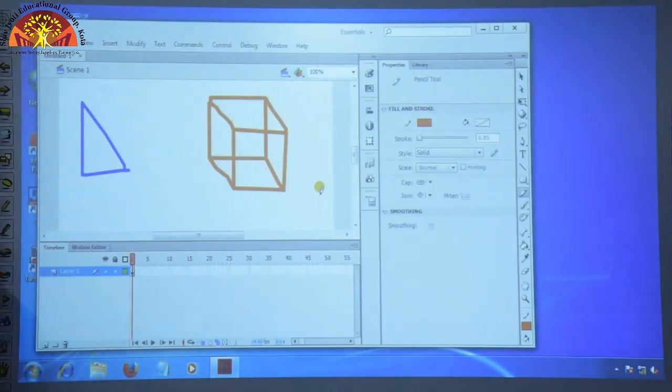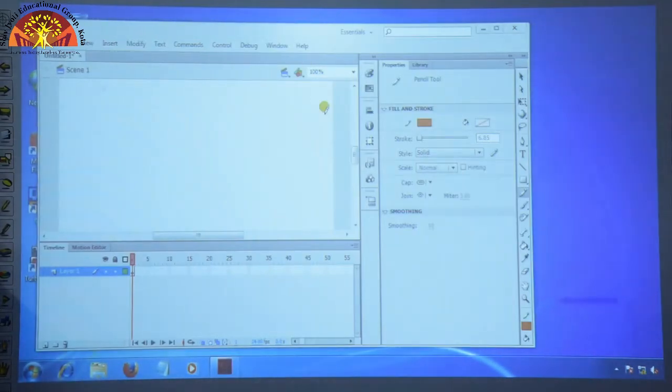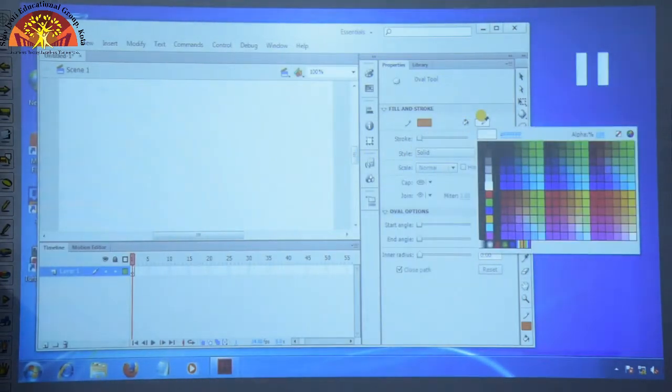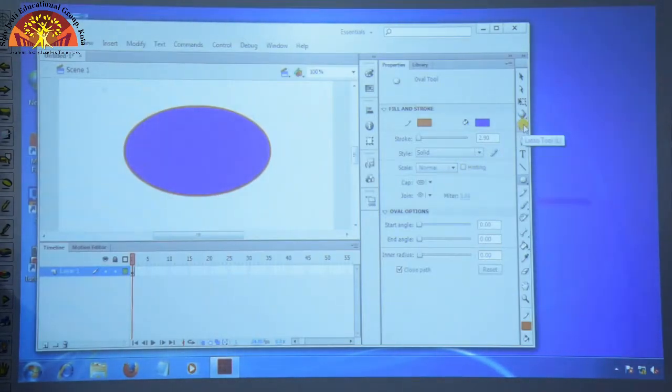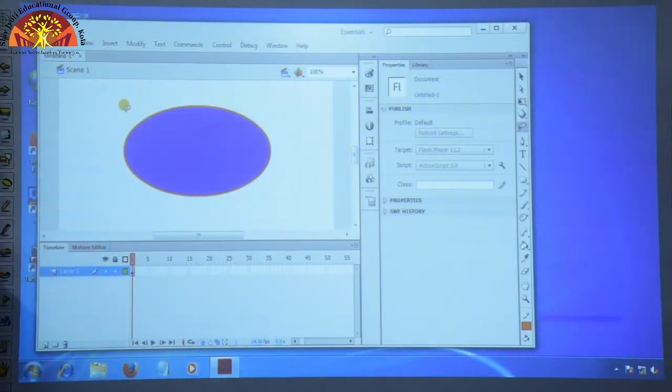Now we will move to our next practical, which is the practical of selection tools. For the selection tool, first we will draw a shape here. Choose the color for the shape. So here I will draw an oval using the blue color and red stroke color. Now we will click on the lasso tool from the tools panel, and now using the mouse we will start drawing the lasso shape over this image.